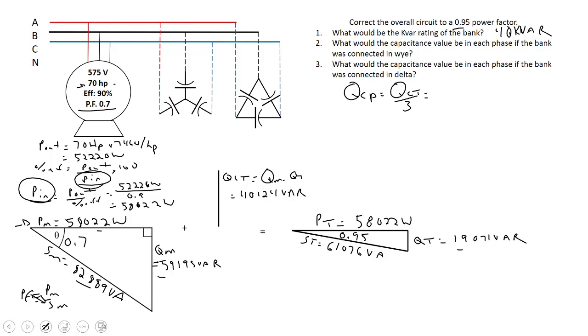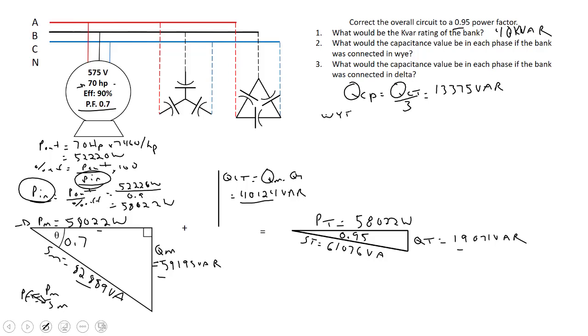So that will come to 40,124 divided by 3, and you're going to be about 13,375 VAR per phase. In Y,